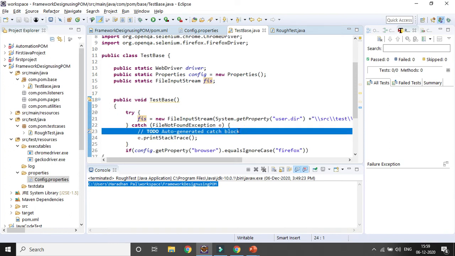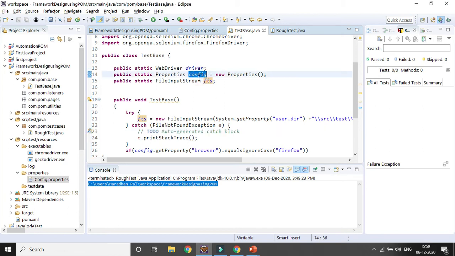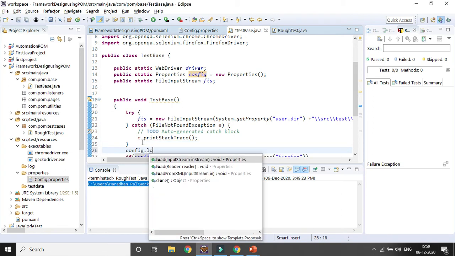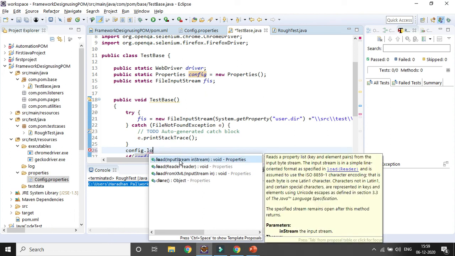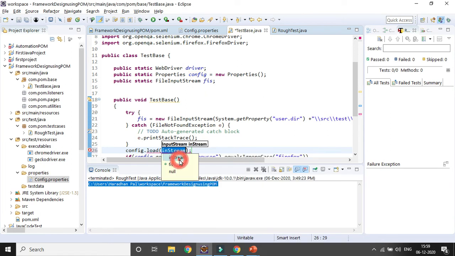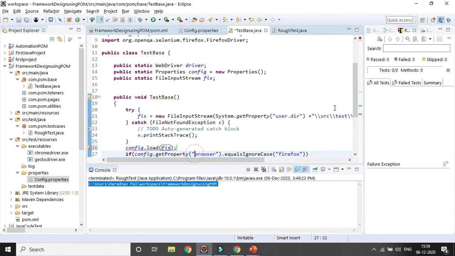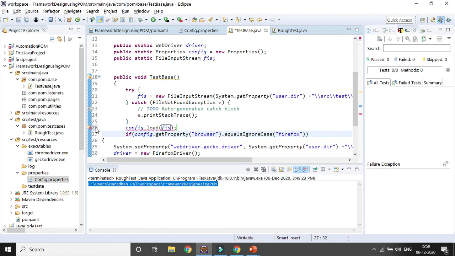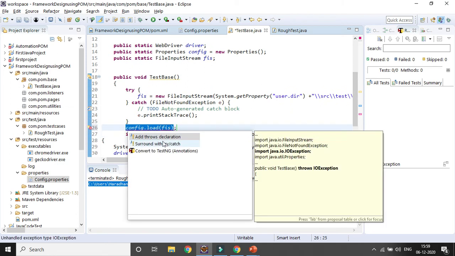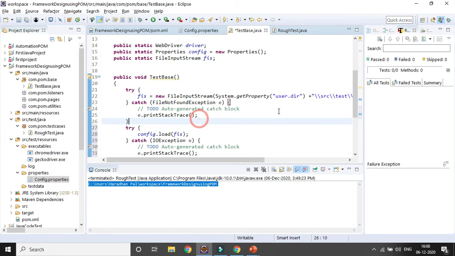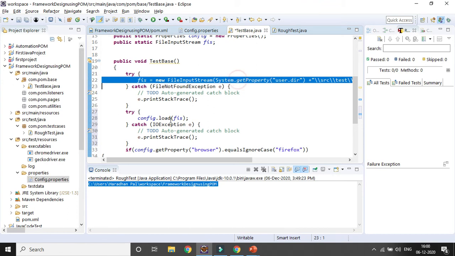I need to use the config variable, dot load, and here I need to pass the variable FIS. You can see some error message is coming, so we need to surround it with another try catch block.